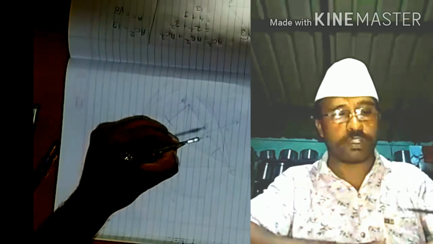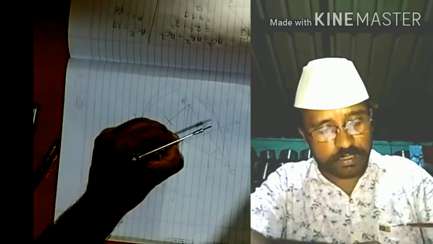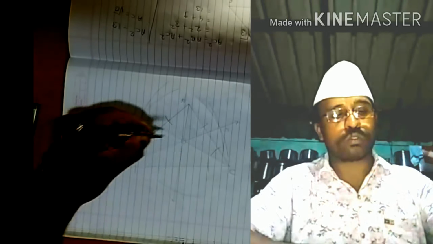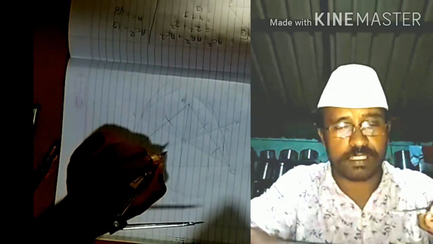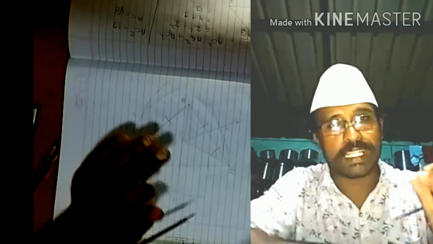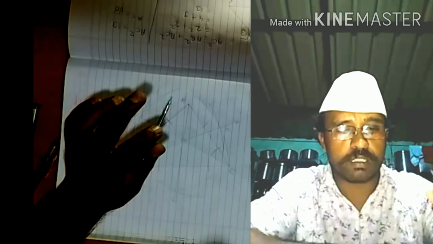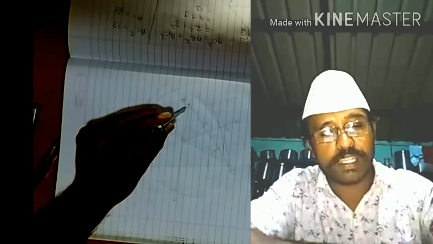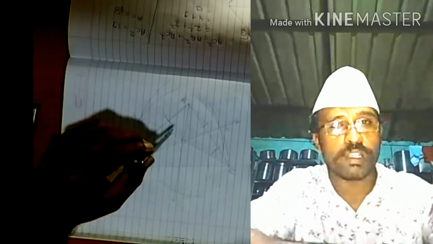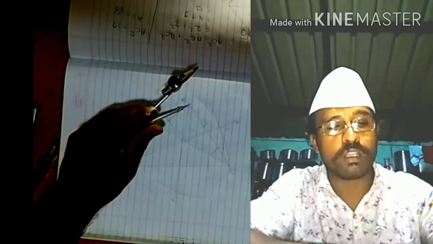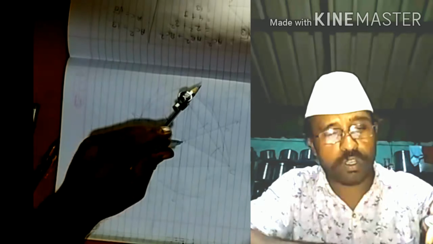Okay guys, now did you notice all these angle bisectors are meeting at one point, and that point is in the interior of the triangle, right? So this point is called the incenter. It is always in the interior of the triangle, so this point is called the incenter. Previously we learned circumcenter, that was the intersection point of the sides of the triangle. Now we learn incenter, that is the intersection point of the angle bisectors of a triangle.